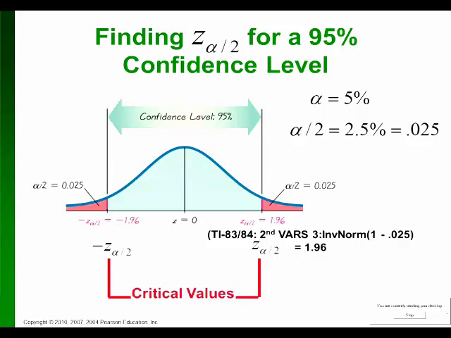But to use inverse norm, I have to find the corresponding area to the left. If 0.025 is to the right, then 1 minus 0.025 is to the left. If you can't do it in your head, you actually can type in 1 minus 0.025 and the calculator will,